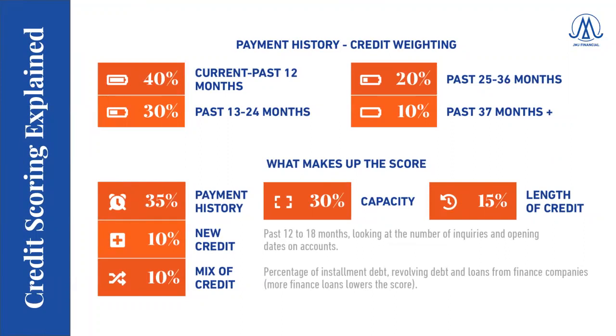So I want to get into a couple things, and a lot of things that Manny already talked about, so I don't want to spend a lot of time on credit stuff and all of that. But I do want to give you guys an overall understanding of what creates a FICO score. A lot of people think, hey, I make my payments on time, why is my FICO score 650? Well, you might be overexposed, you might have too much debt, like a possible lending limit on a credit card of $5,000 and you owe $4,900. That's going to drive your credit score down. So that is what we call